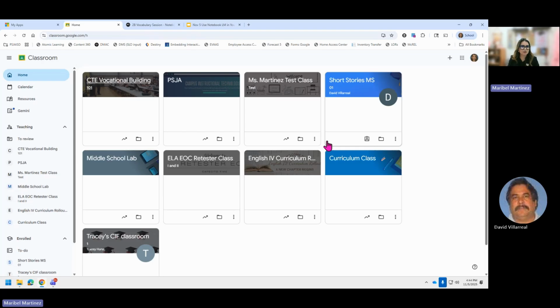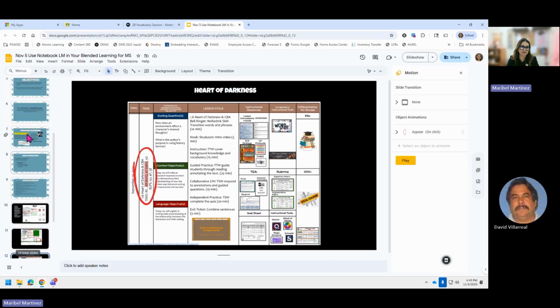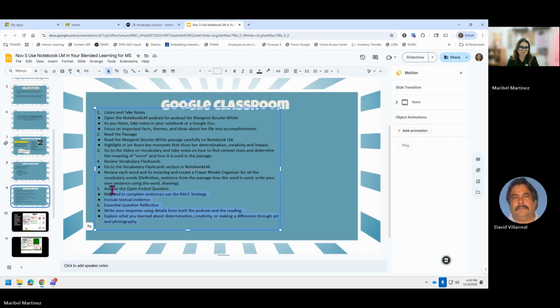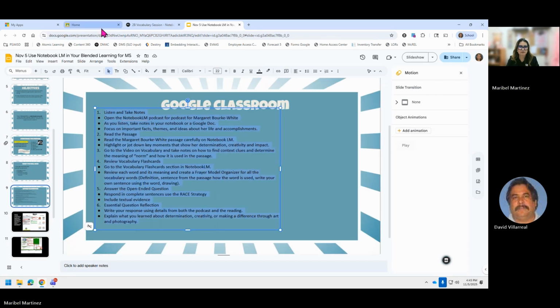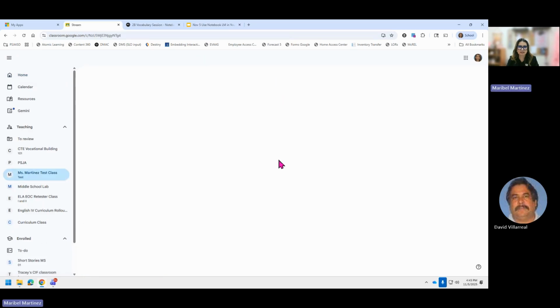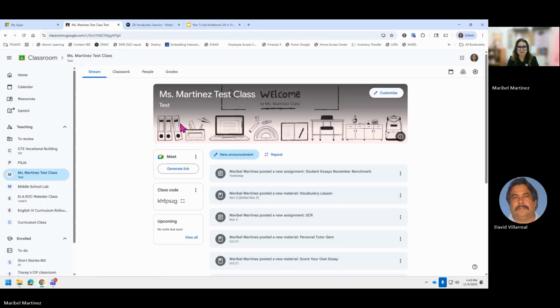But again, you can use any PDF, any sources that you have to start working on that. I'm going to take my instructions that I had for Google Classroom. I'm going to go to my class. I'm going to click classwork,